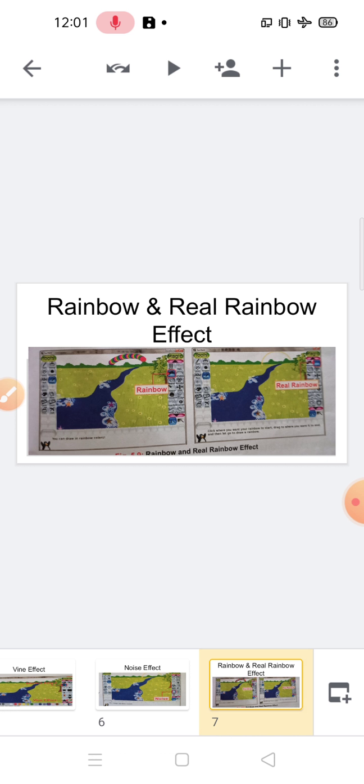Next is the rainbow and real rainbow effect. What is the difference between the rainbow and the real rainbow? The rainbow effect draws a train of the rainbow colors as you drag the magic wand on the drawing area, and the real rainbow allows you to draw a rainbow that we see in the sky after a rainfall.